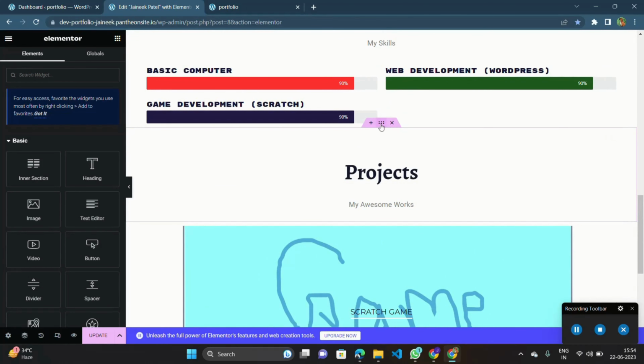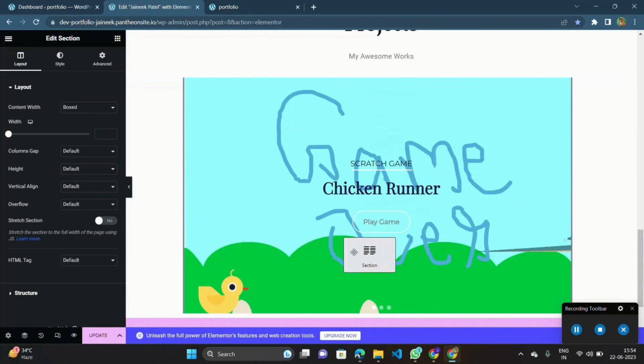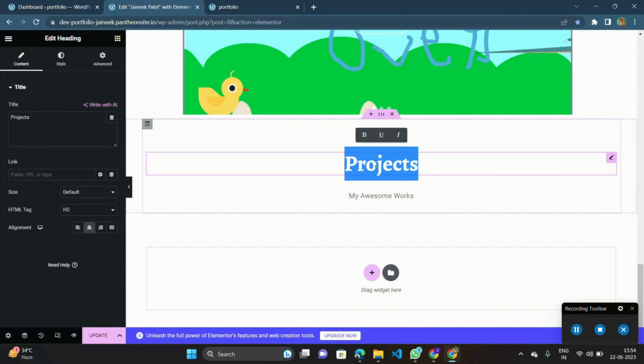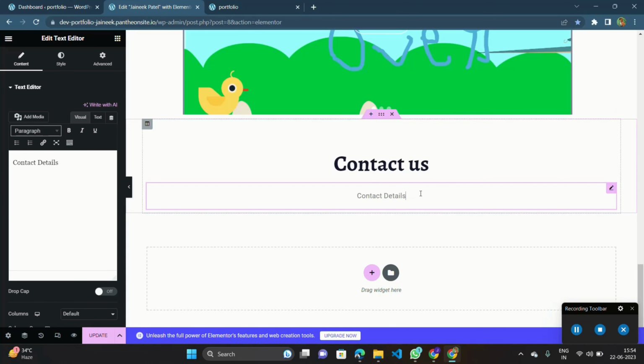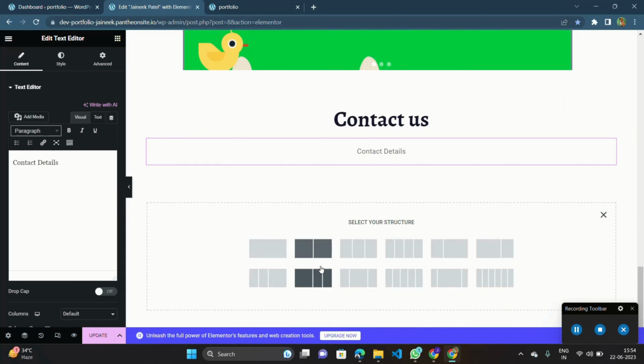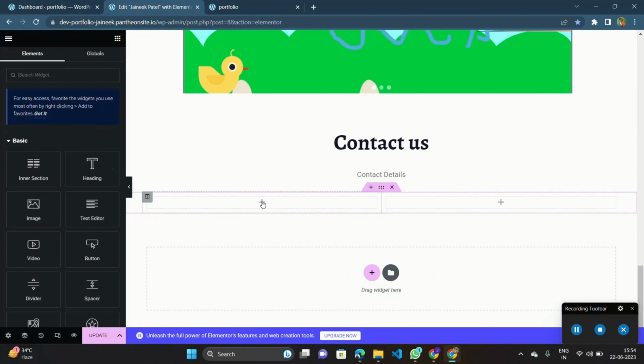For that, again, we will duplicate this title section and drag it to the end of the portfolio website, and we will change it to contact us, and we will write here contact details. Okay. So after that, we have to select a section. We will select a two column section. In the first column, we will add a Google map here like this,